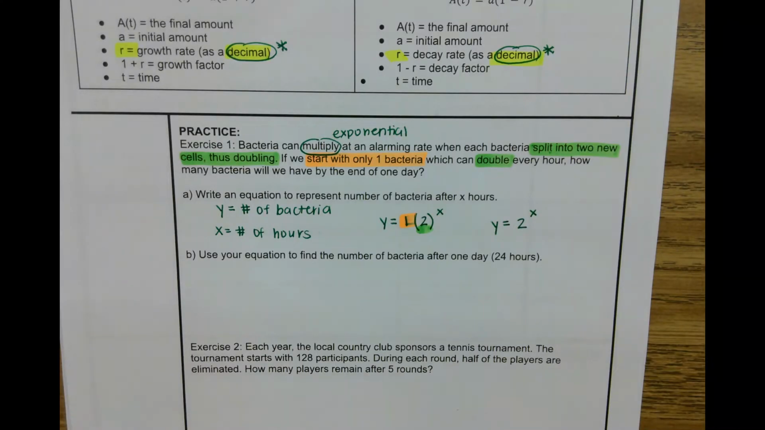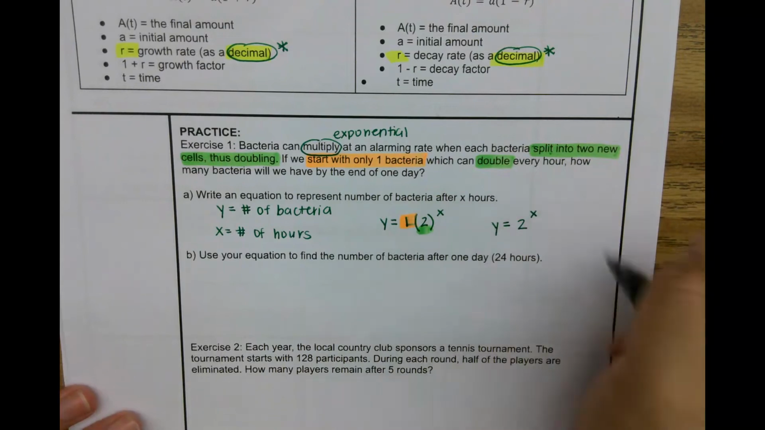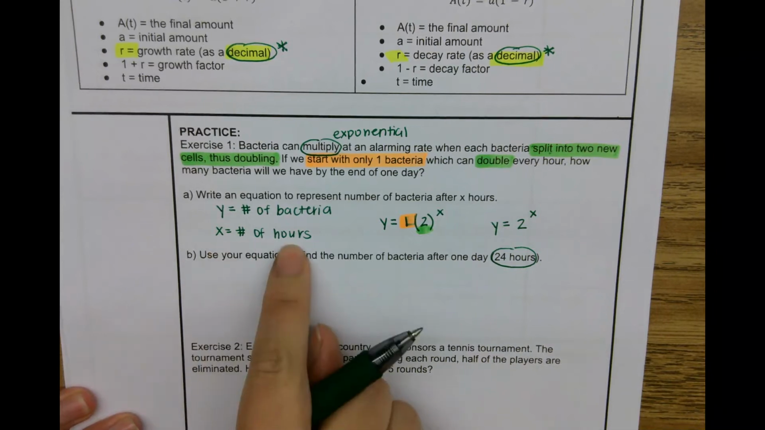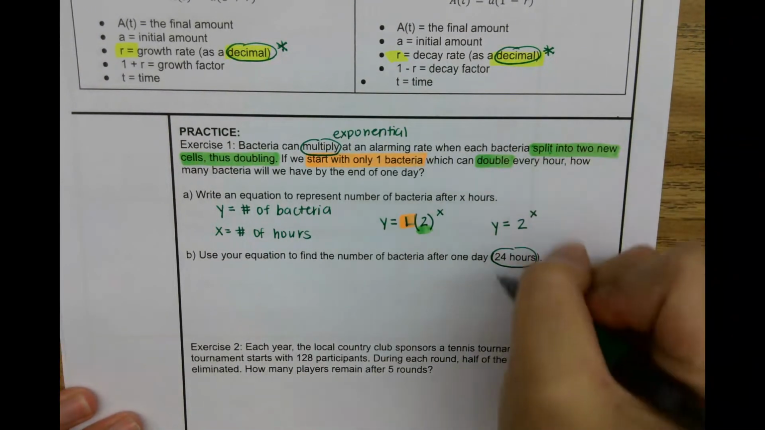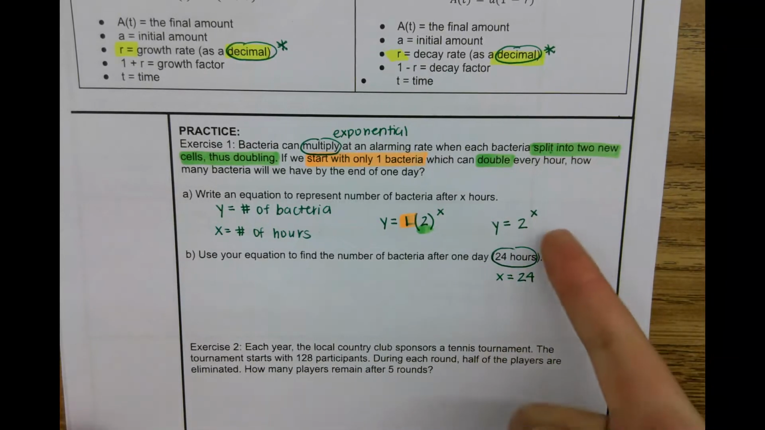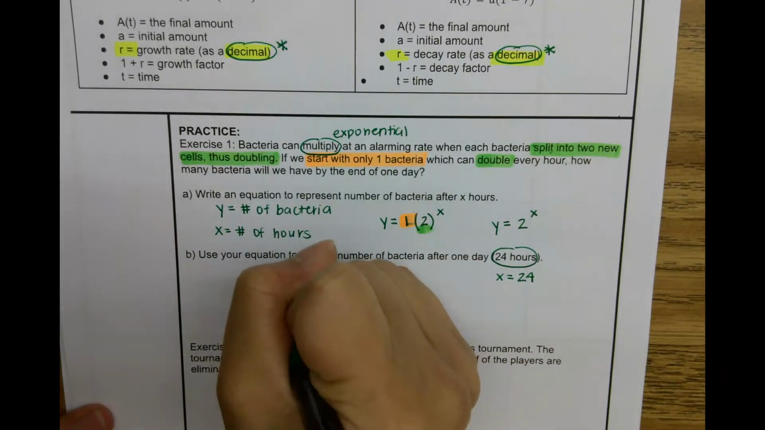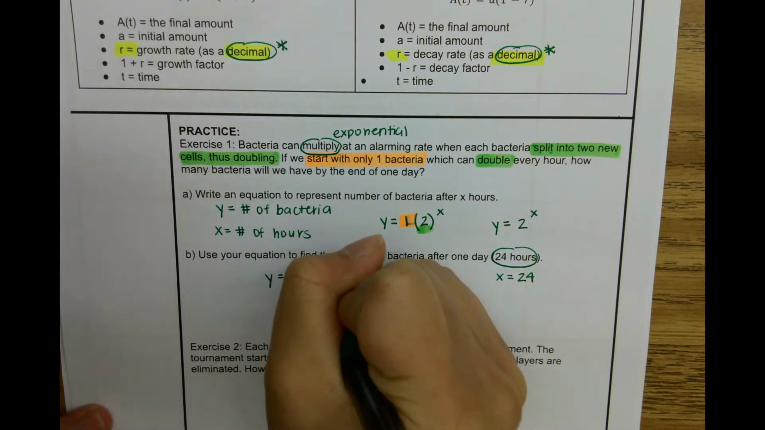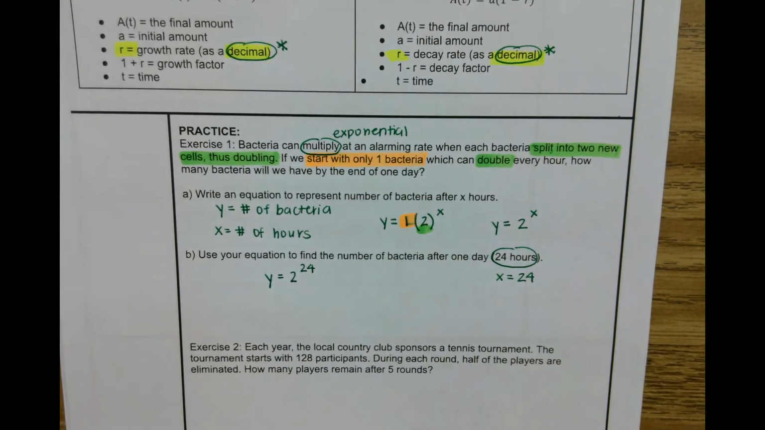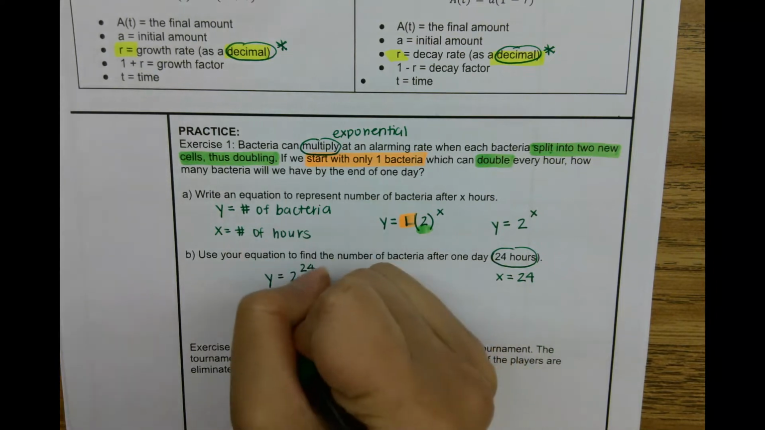Okay. So now we're going to use our equation to find the number of bacteria after 1 day. In case you didn't know, 1 day is 24 hours, so thinking back to it, since x represents number of hours, and here I know it's 24 hours, I know that x here is 24, so I'm going to plug 24 into my equation. So y equals 2 to the 24th power. I don't expect you to do it in your head, right? So 2 to the 24th power is